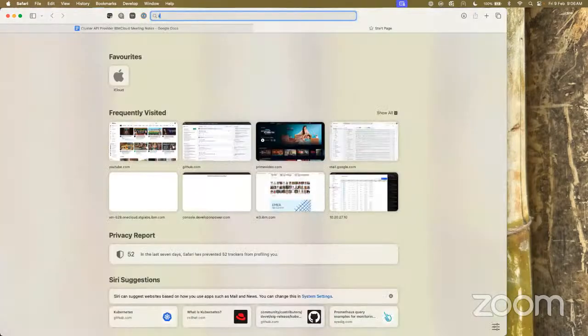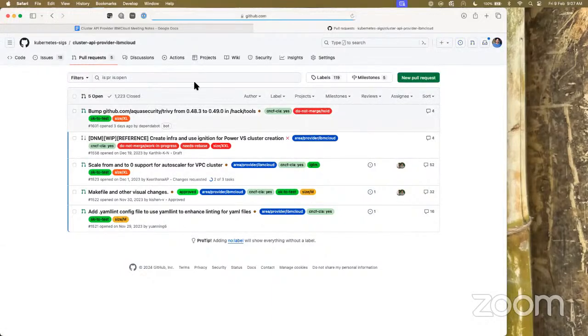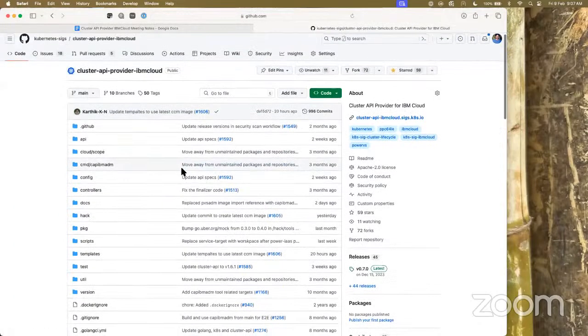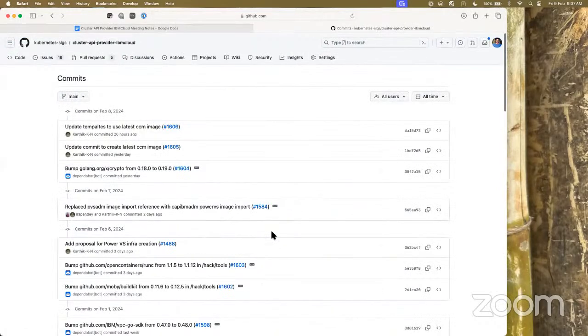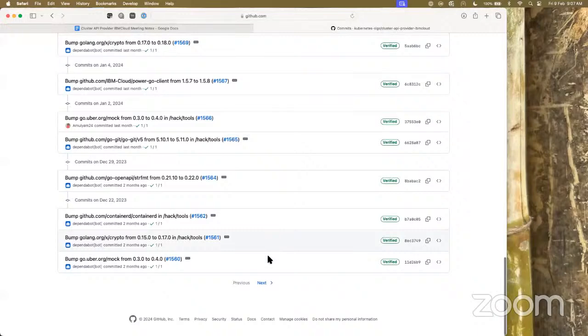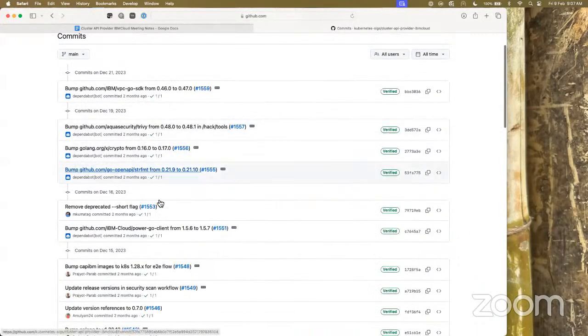Quickly, we'll go into the repository and see what we delivered in the past almost 2 months, right? Go to commits. I know there are plenty of module updates.